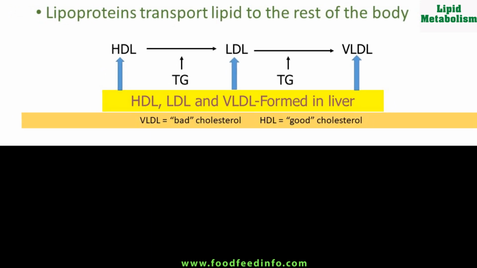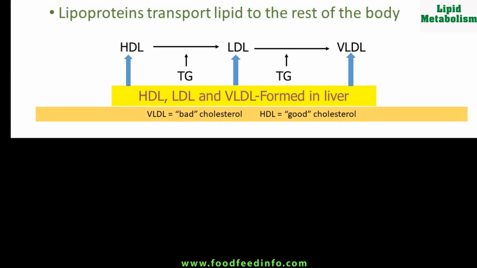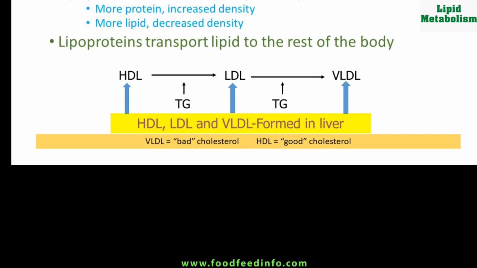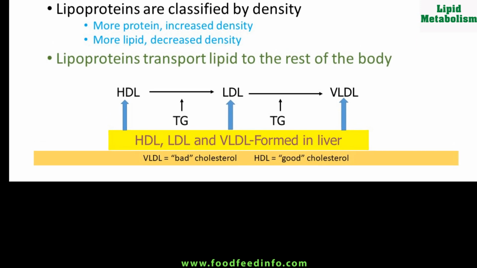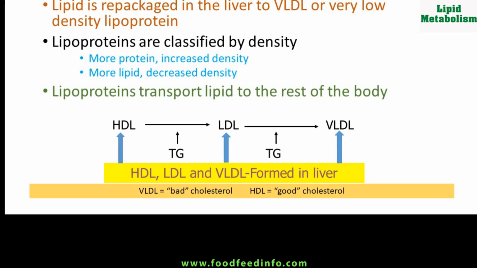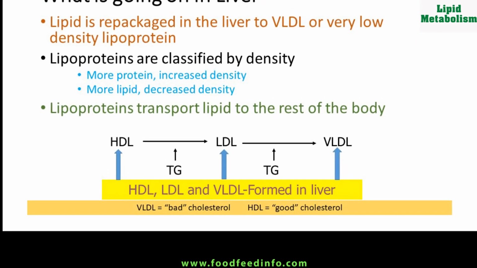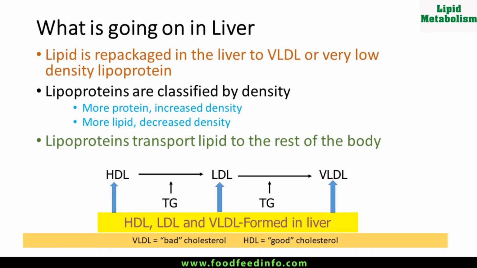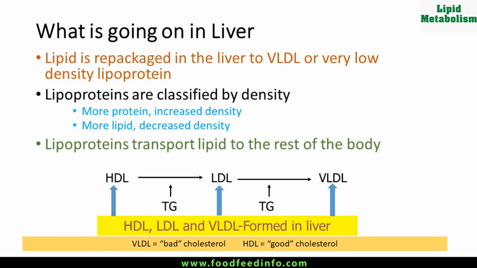So here you can see the lipoproteins: chylomicron, very low density lipoprotein, low density and high density lipoprotein. If you look at the protein content, in the case of chylomicron, that is only 1% protein, whereas in the case of high density lipoprotein, there is 45%. So it transports cholesterol from cells to the liver and it's considered good fat or good cholesterol.